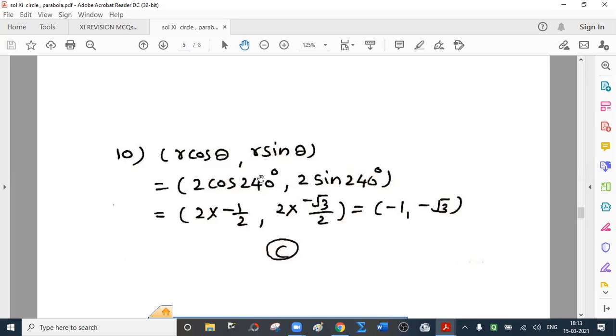Now convert that angle in radian to degree, 240 degrees. See, you should be able to write this immediately. What is 240 degrees? It is 180 plus 60. Cos of 180 plus theta is minus cos theta. In third quadrant, both sine and cosine are negative. What is cos 60 degrees? Half, minus half. What is sine of 240 degrees? Sine 240 degrees is sine of 180 degree plus 60 degree. Sine of 180 plus theta is again minus sine theta.